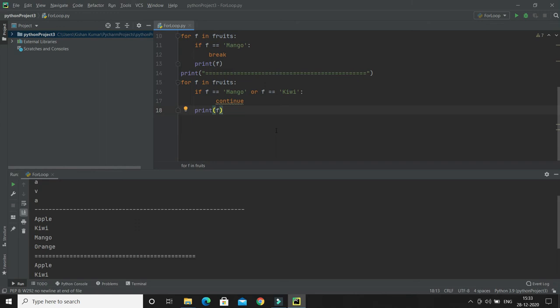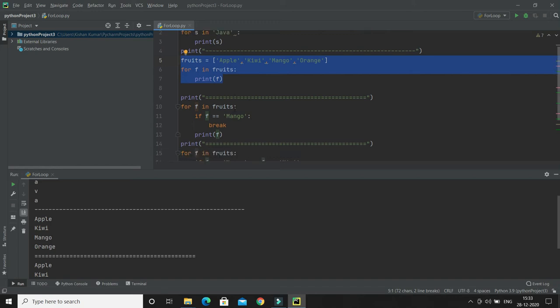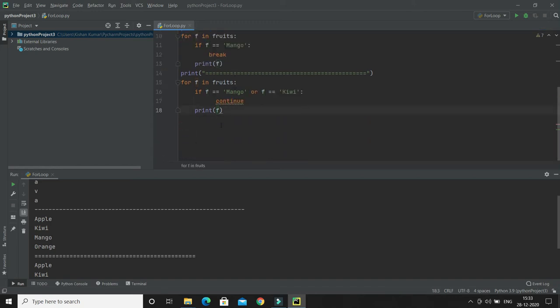Now one very important thing I'm going to show you, which is not matching with some other programming languages. When you use a for loop in Python, and this also applies to the while loop, once all the items have been iterated from your collection, then this statement becomes false.